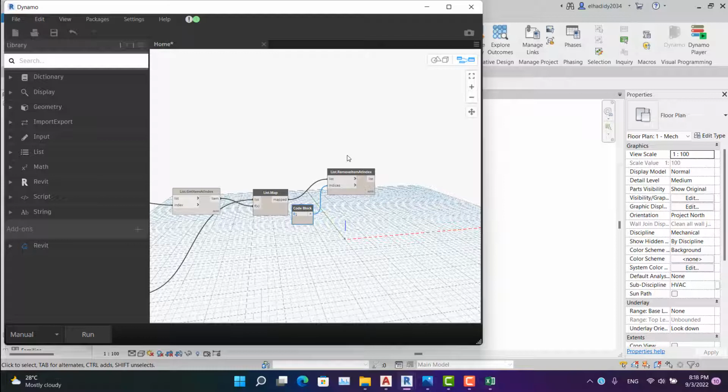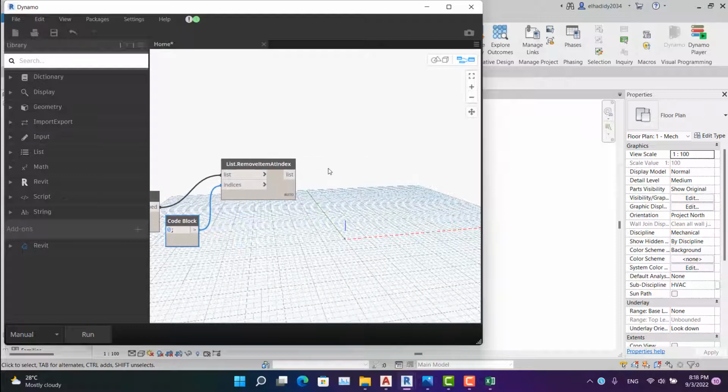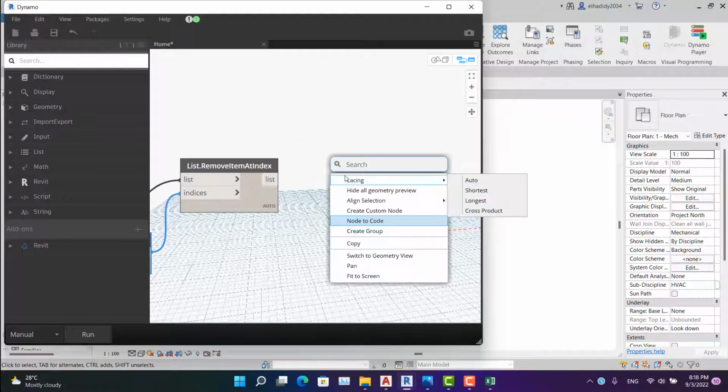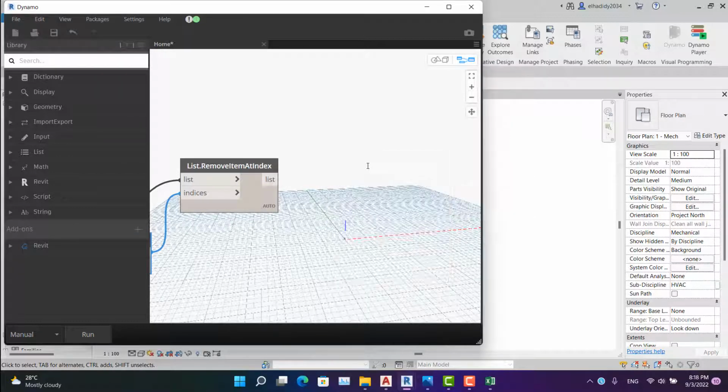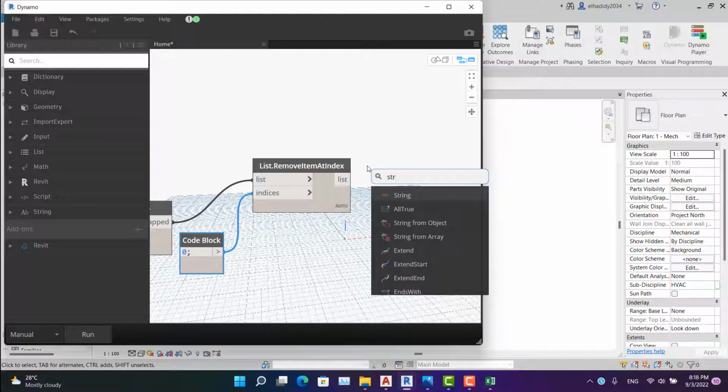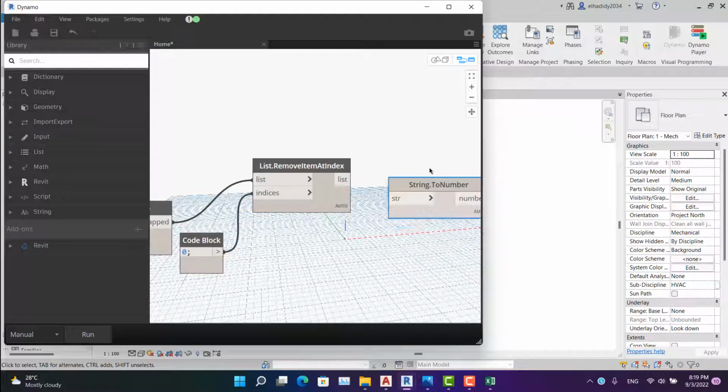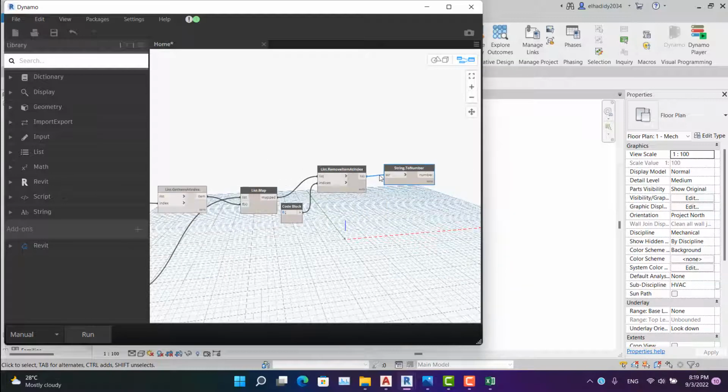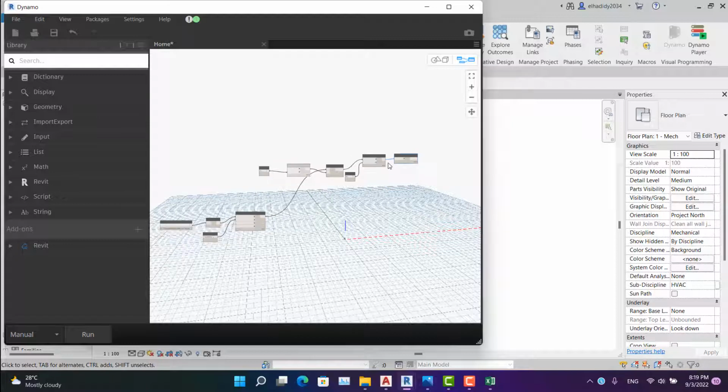Okay, now we have a list, but it's as strings, so we need to convert it to numbers. And how do we convert it to numbers? By a node called String.ToNumber. Okay, here it is, and make it. So now let's create a group and name it